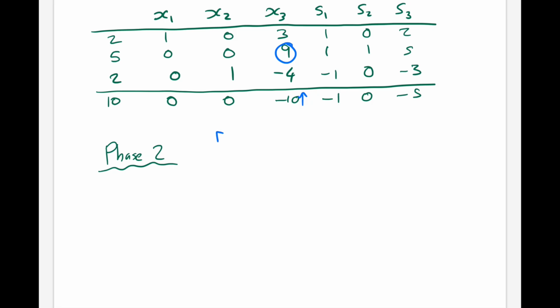So our new row 2 will become a ninth of our old row 2. Our new row 1 will become our old row 1 minus 3 lots of the new row 2. Our new row 3 will become our old row 3 plus 4 lots of the new row 2. And our new row 4, which is our objective row, will become our old row 4 plus 10 lots of the new R2. Now to perform those row operations,